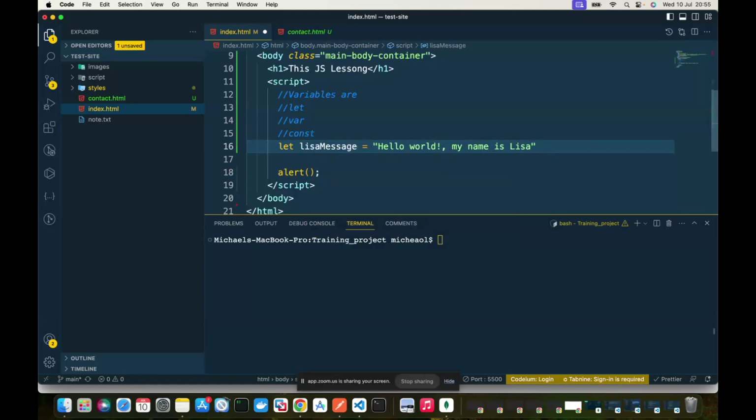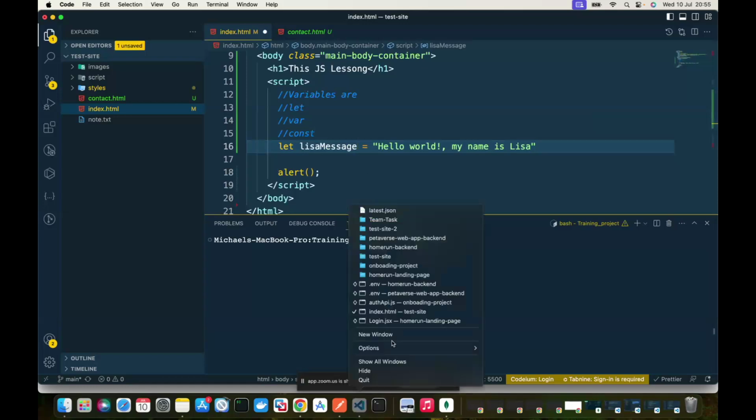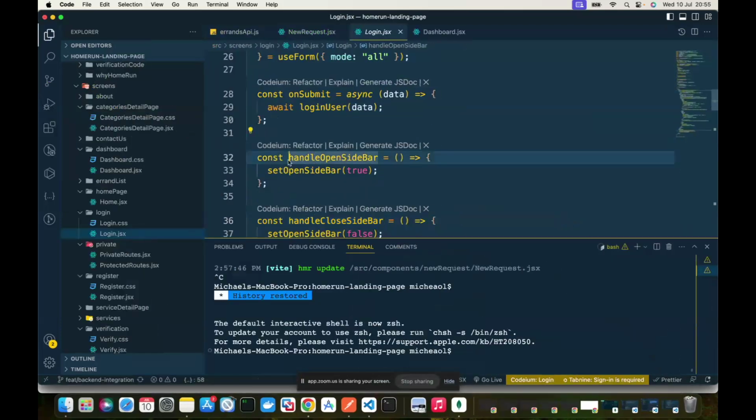This is a very good way to join words if you have to. So if you see in that example I showed here, I'm using camel casing. I start with handle, H small letter, open, O capital letter, side, S capital letter, bar, B capital letter, right?